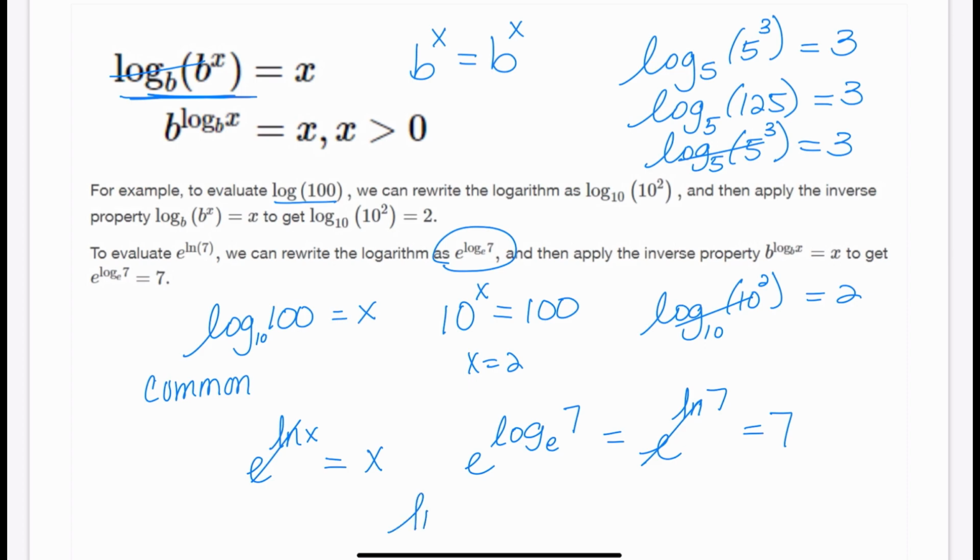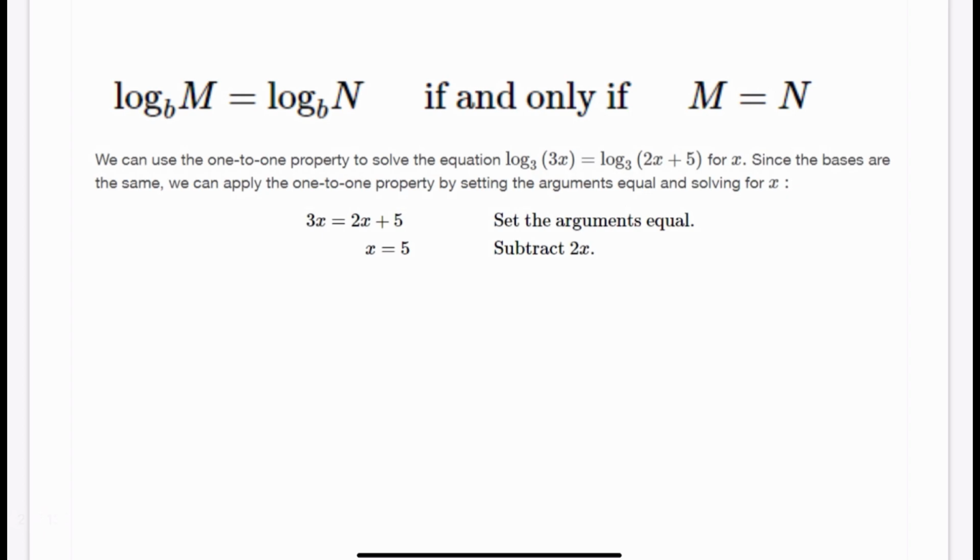Similarly, if I have the natural log of e to the 4th power, the natural log and the e are inverse functions, so they cancel, and the answer is equal to 4. So besides those 4 properties that we've just gone over,